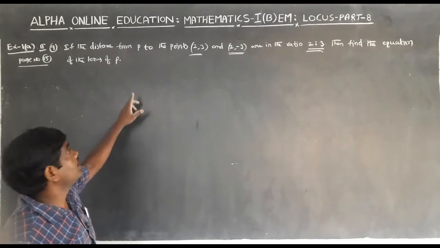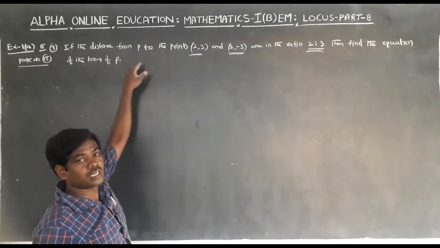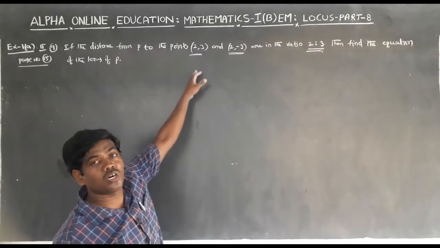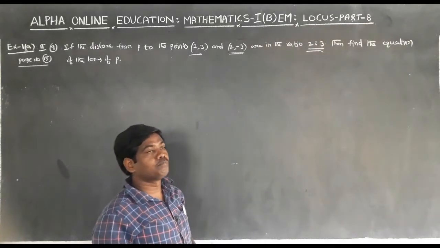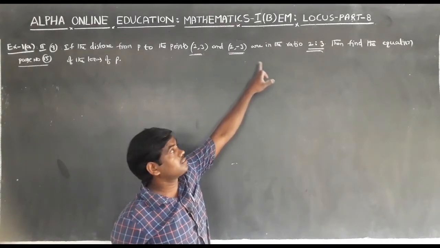Find the equation of the locus of P. Here given geometric condition, the ratio of the distances from P to (2, 3) and (2, -3) are in